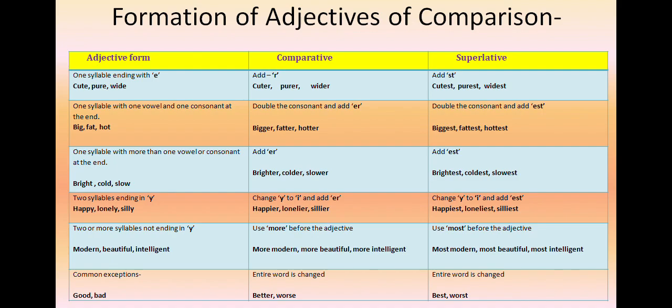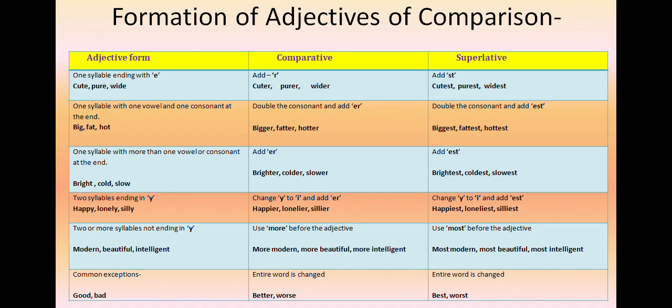If there are 2 or more syllables not ending with Y, then we are going to use more in the comparative degree and most in the superlative degree. Like modern, more modern, most modern, beautiful, more beautiful, most beautiful, intelligent, more intelligent, most intelligent. Now let me elaborate about